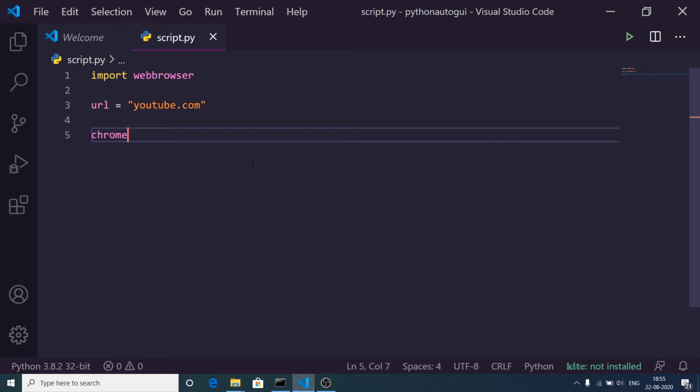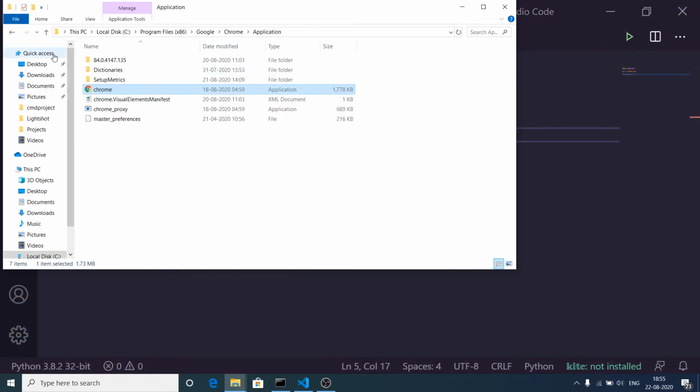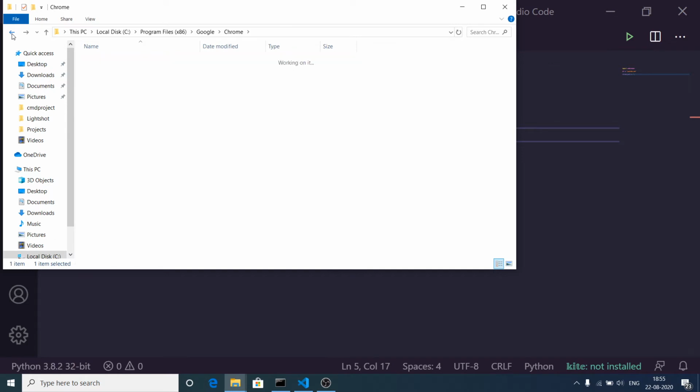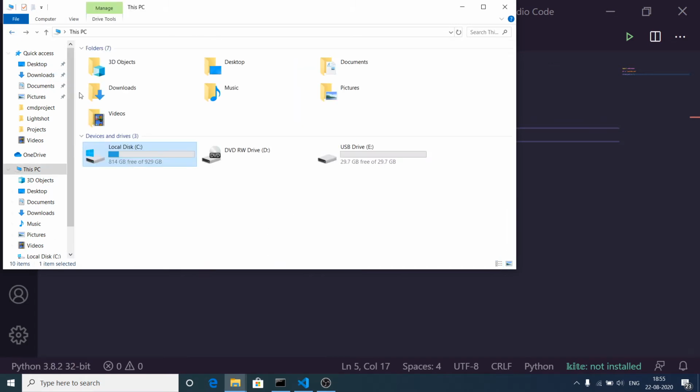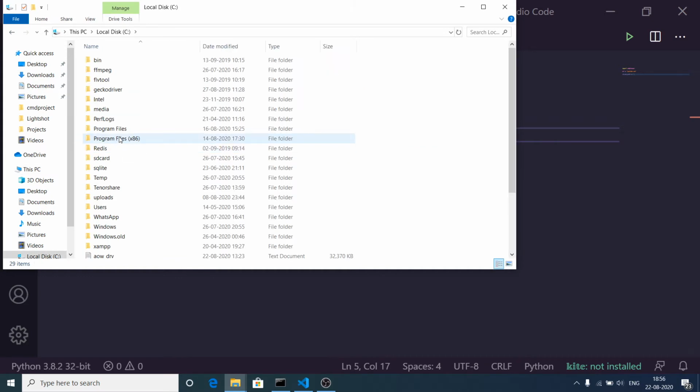After that we will provide the Chrome path inside your operating system. Inside your operating system you need to write r here for reading purposes, and after that, this Chrome browser is located inside, and I am specifically talking about a Windows machine. If you go to the C drive, you will find a directory which is Program Files (x86).